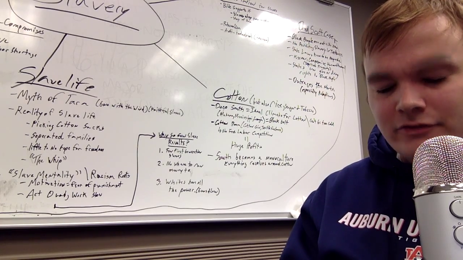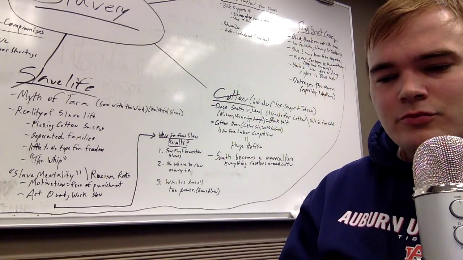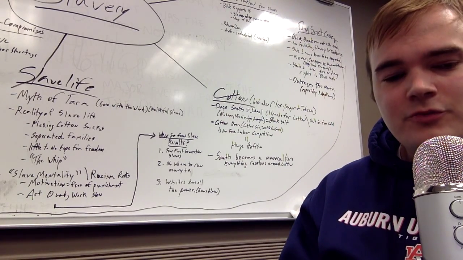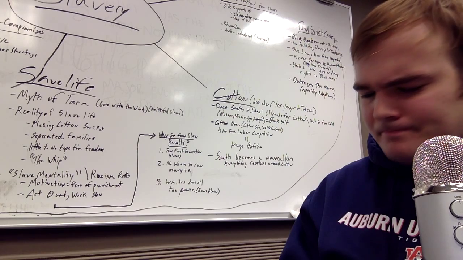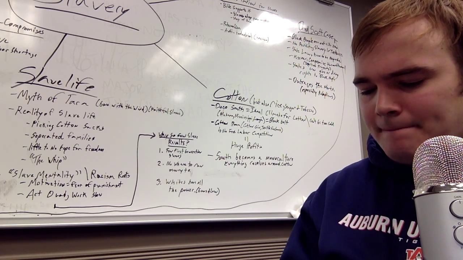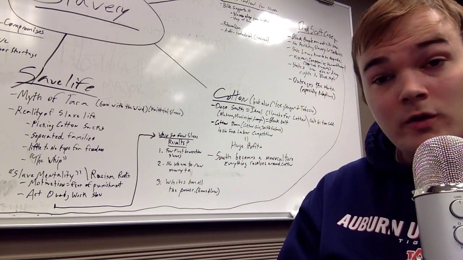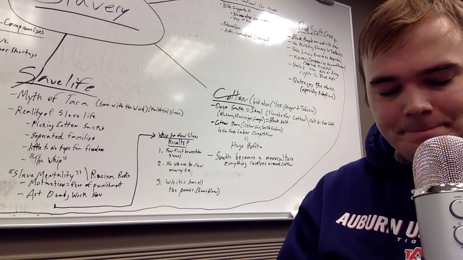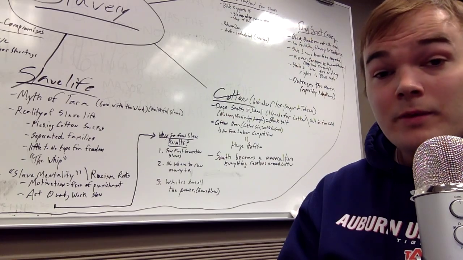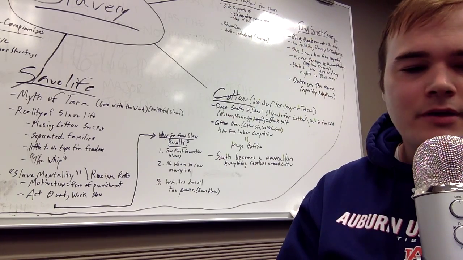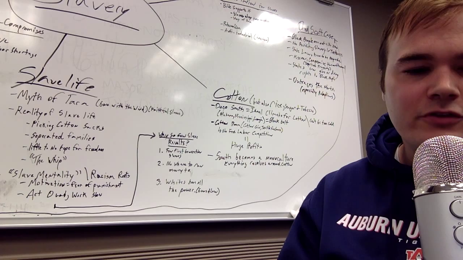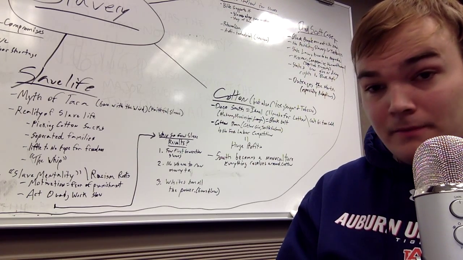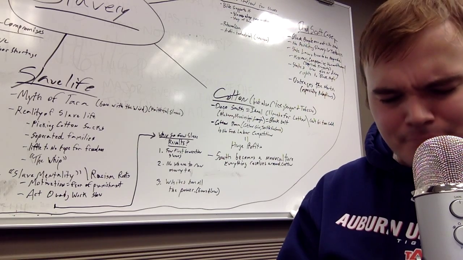Dred Scott, he's a slave. He has a master who's moving around, and he eventually goes into Illinois, which is a free state, with his slave. The master's going to die, and he's going to sue the widow of the master, saying because he's in a free state, he is therefore free. It's going to go all the way up to the Supreme Court. The Chief Justice, a guy named Taney, he's definitely a Southerner, pro-slavery guy. Here's his decision.